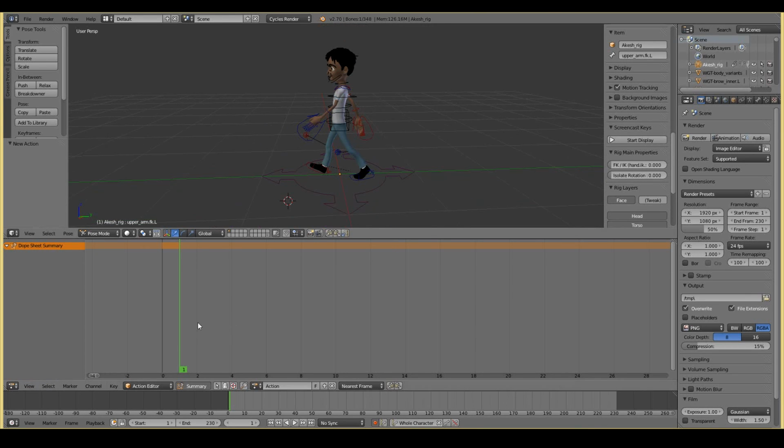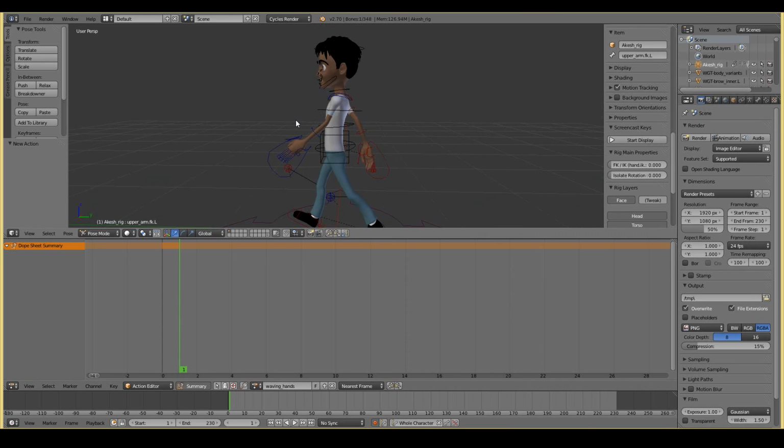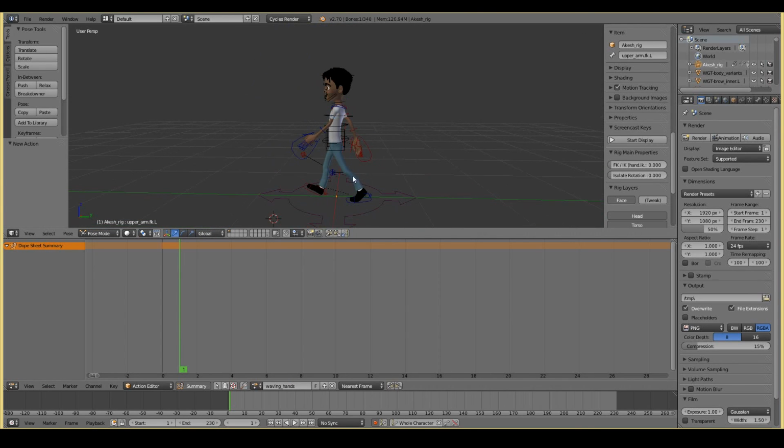So basically what I do right now, if I animate, say, waving hands, and I take this hand and create a waving, oh hello, what that'll do is you'll have your walk cycle, and the hands will sway from side to side, but then suddenly when you have your waving hands, that will override the animation of the walk cycle, and your hands will then wave while the legs are moving, if that makes sense.